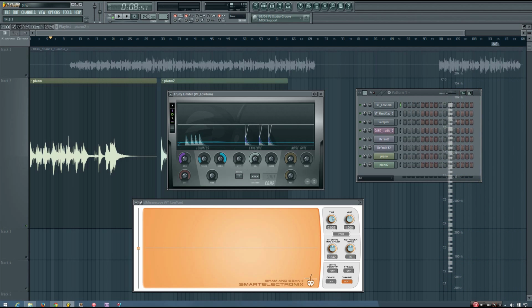And so a ratio of 20:1 is a very high ratio, and as you can see, it is practically limiting the sound at the level of the threshold. But I can reduce the ratio to give the compressor a much more subtle effect. So I might set it to 2:1, and what a ratio of 2:1 will do is for every 2 decibels